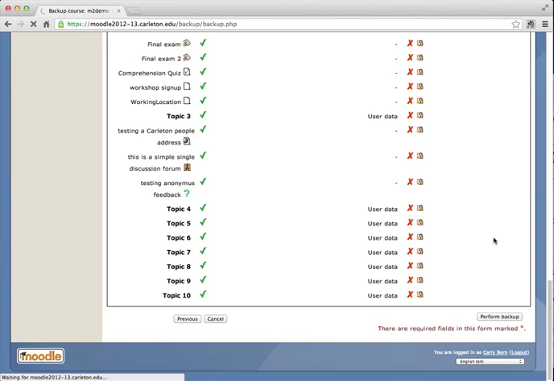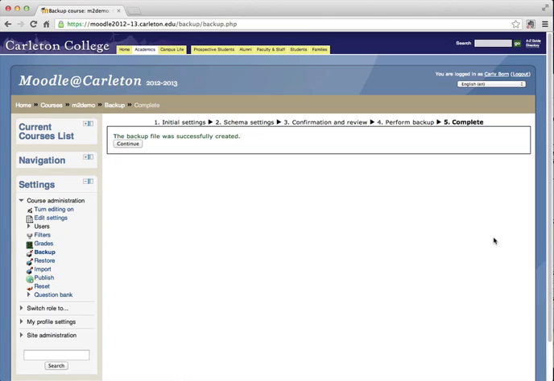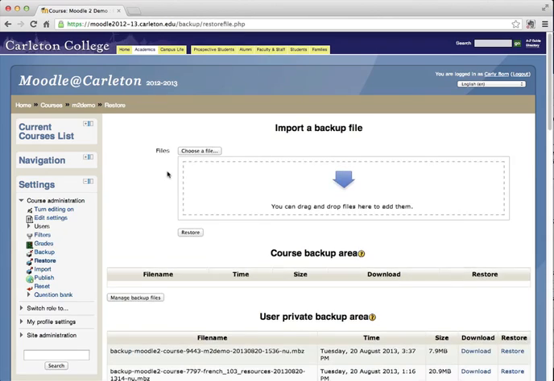The amount of time it takes for the backup to be created varies widely depending on how much is contained in the course. If there are a lot of files or a lot of quiz questions, the backing up does take quite a bit of time. So please be patient, click the button only once, and make sure to allow the backup to finish until you see this screen. Once you see that the backup file was successfully created, you can click Continue, and you will